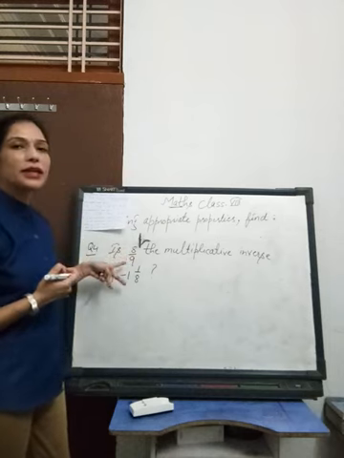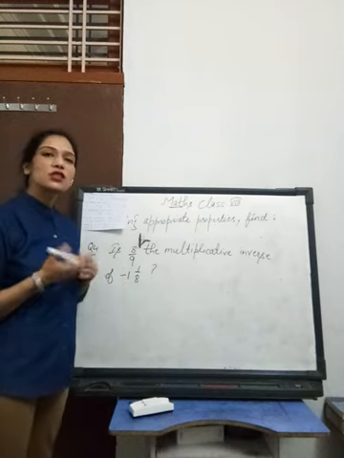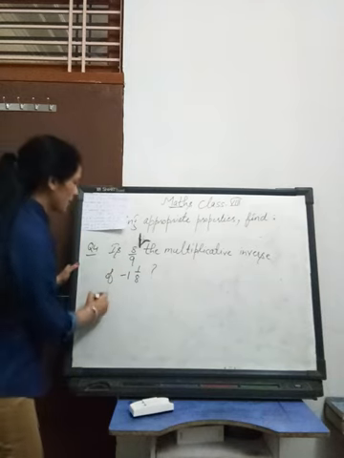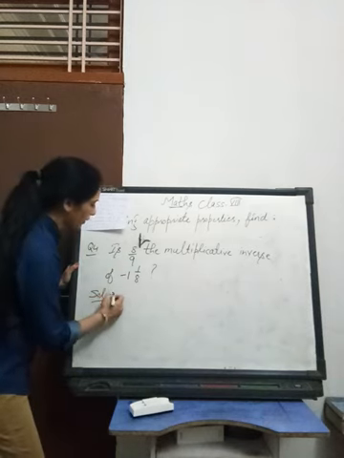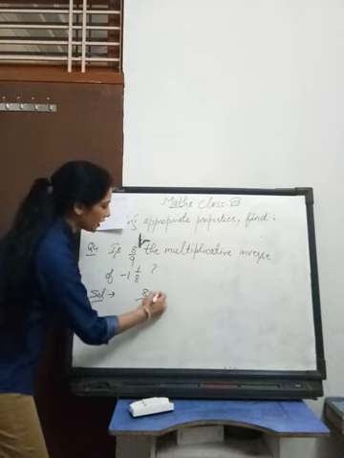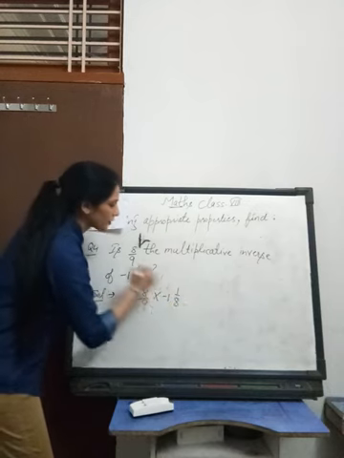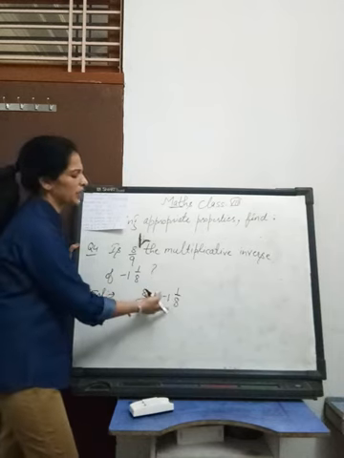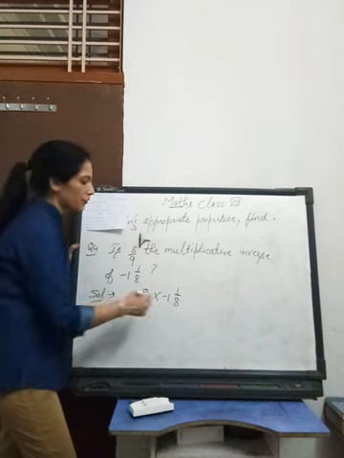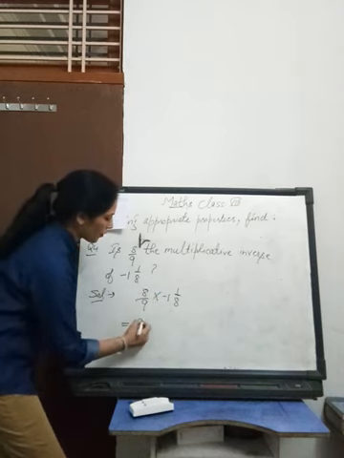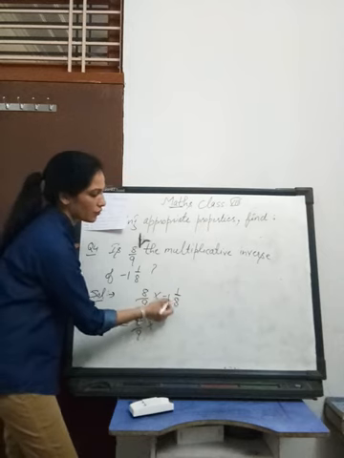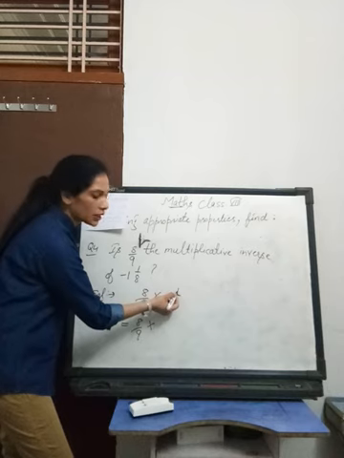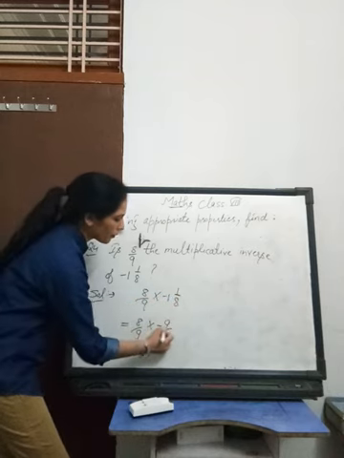So what we have to do? We will multiply both the rational numbers. If the answer is 1, then we can say that 8 upon 9 is the multiplicative inverse of the given rational number. So simple, you have to do the multiplication. First of all, I will write 8 upon 9, and second I will write this one. First of all, I will convert this mixed fraction into a simple fraction. So 8 upon 9 as it is I will write. First of all, you will multiply 8 into 1, 8 ones are 8, then you have to add 1 to the given number. 8 plus 1, minus 9 upon 8.